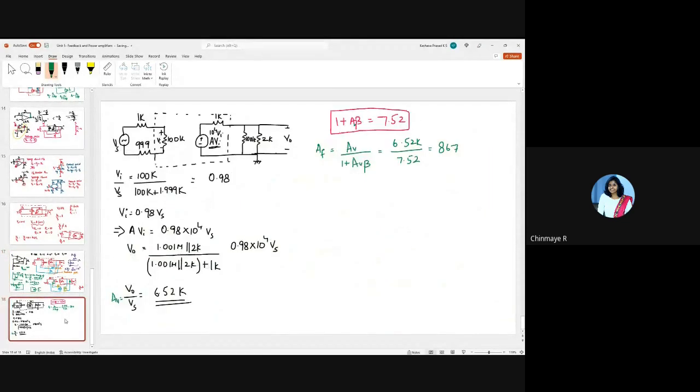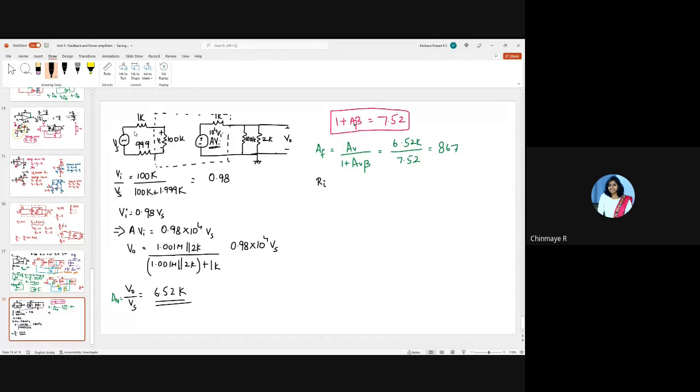But with loading, you see that the closed loop gain has reduced. It's not 1000, it is less than 1000. This is because of the loading of the input and the output, because this has finite input impedance and finite output impedance. Okay, now next let's try to calculate the input impedance of the amplifier considering the source resistance. Because we cannot separate the source resistance here at this point because we have a beta network that we have not drawn. So let's include the source resistance and calculate the input impedance.